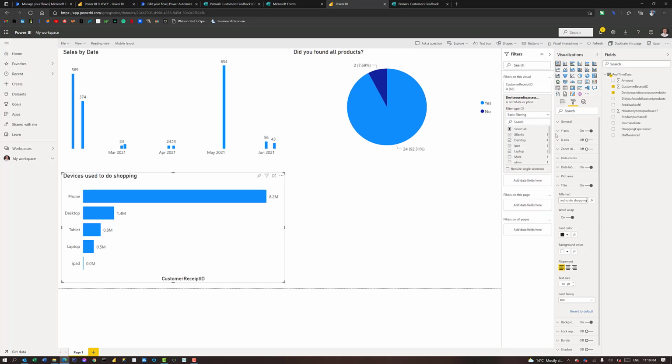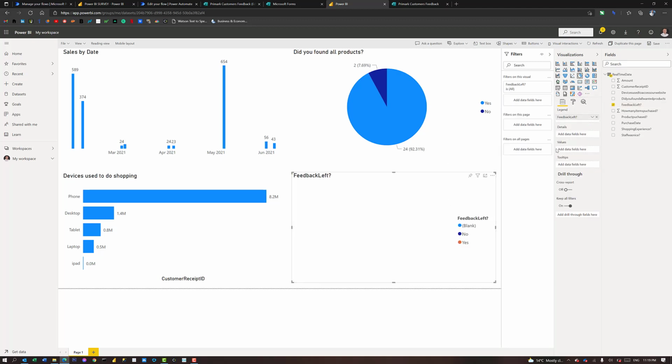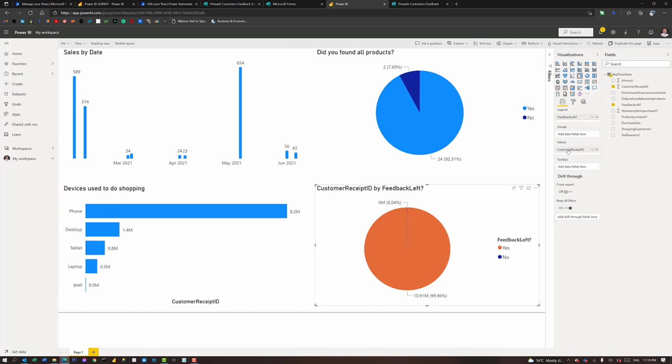Perfect. And let's make another, maybe another pie chart. Feedback left. Yes or no. Perfect. And then customer. Okay. I'll take out the blanks. I don't want to see the blanks there. Perfect. And then I'll say that I want to see the count of the clients. Perfect. And then what I'll do, I'll add the,